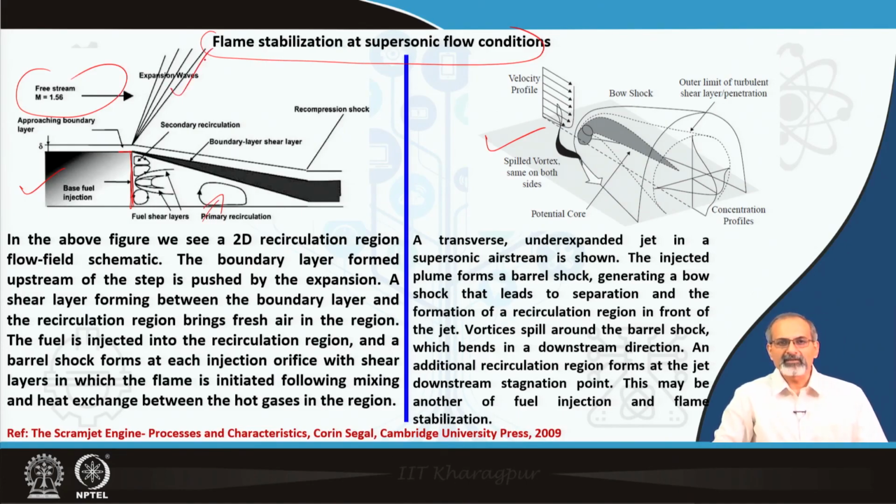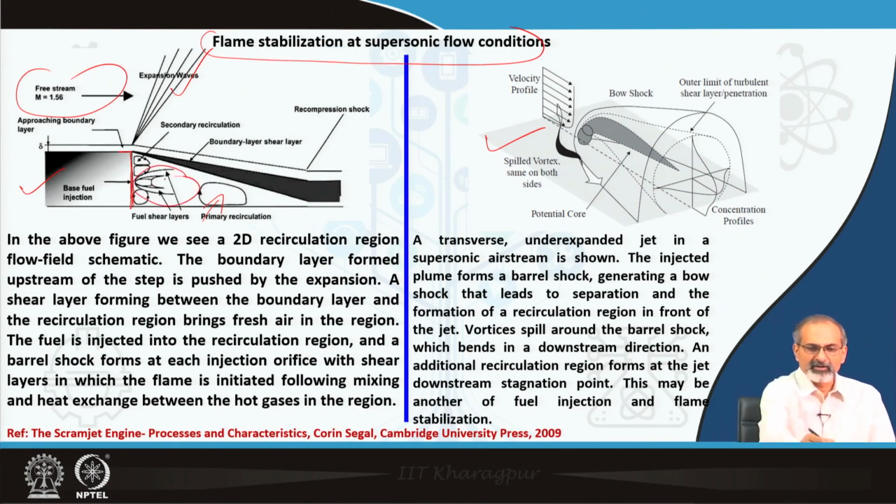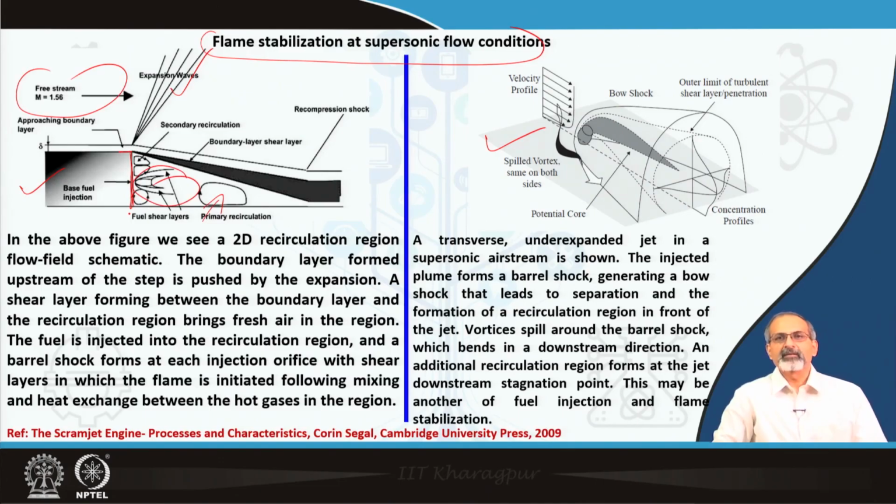The other day when we were discussing shock diffraction, you have seen a bit of that. A shear layer formed between the boundary layer and the recirculation region brings fresh air into the region. The fuel is injected into the recirculation region, and a barrel shock forms at each injection orifice with shear layers in which the flame is initiated following mixing and heat exchange between the hot gases in the region. So, this is where you would expect that a flame would be established and stabilized. So, this is one possible configuration where you can actually have a stabilized flame established in a supersonic cross flow,